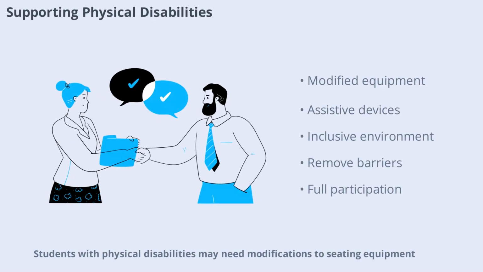Students with physical disabilities may need modifications to seating, equipment, and access routes to participate fully in classroom activities. Assistive technology such as specialized desks, wheelchairs, or communication devices can help remove barriers to learning. Teachers should focus on creating an inclusive environment and ensuring that all students have the opportunity to engage with the